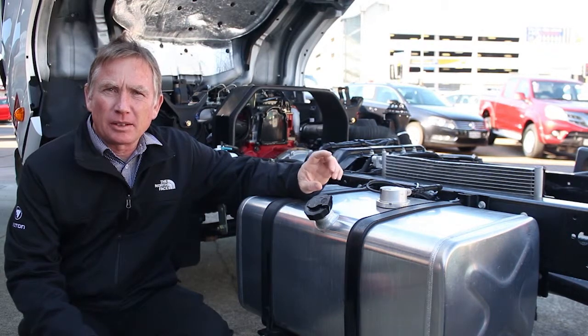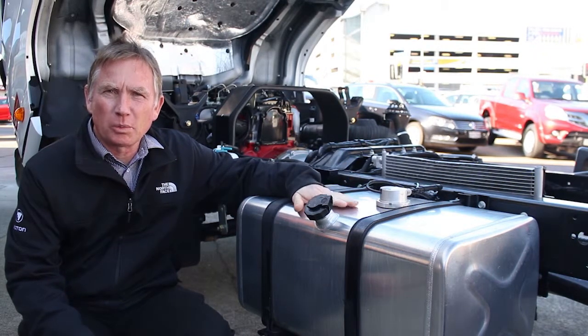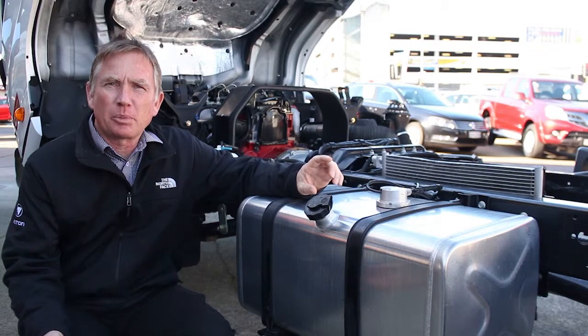Foton started out in 1996 as a truck company, so they've developed a lot of knowledge and understanding on what's required of the truck market. One of the good examples of this is the Foton Aumark truck comes standard with an alloy tank. Now the benefits to you with an alloy tank versus a steel fuel tank is that with a steel fuel